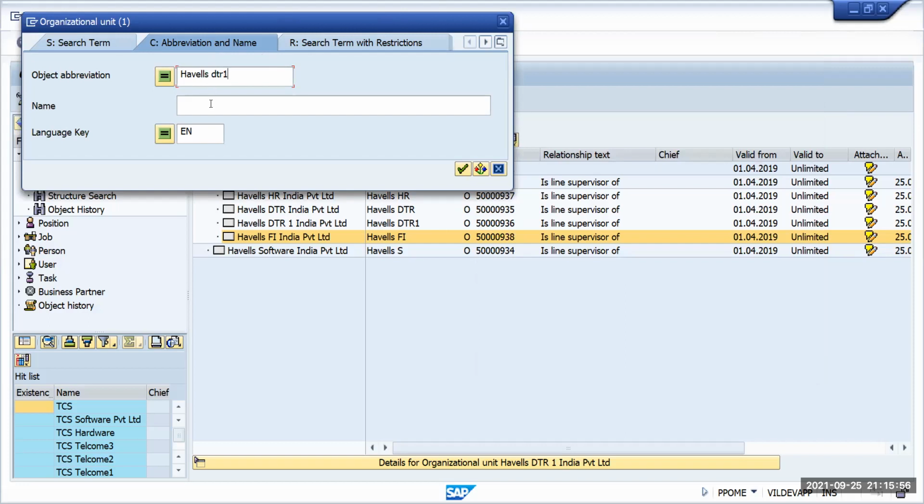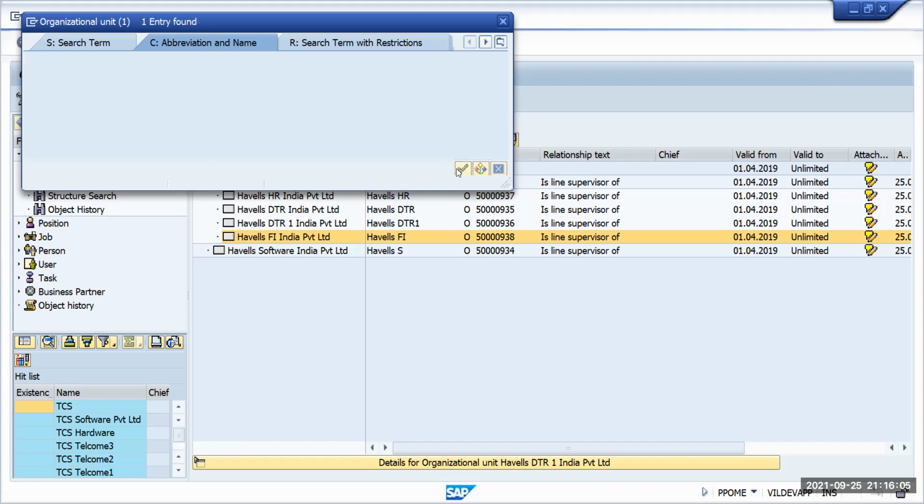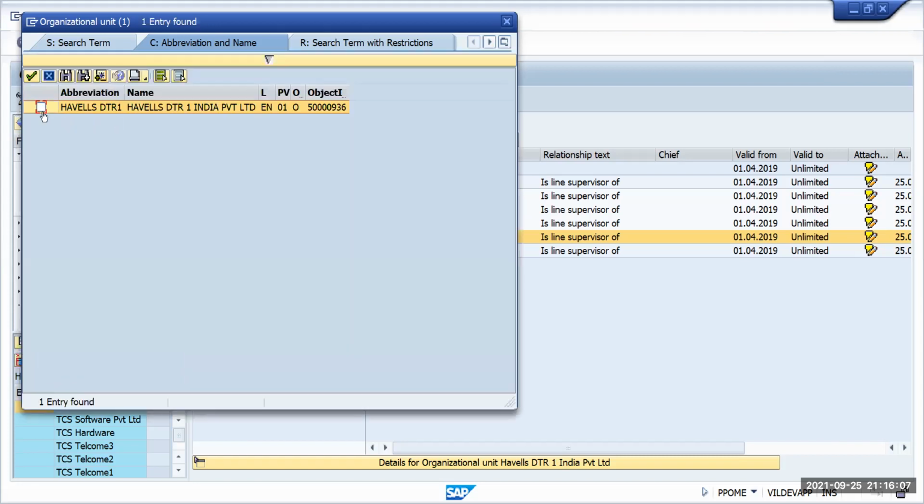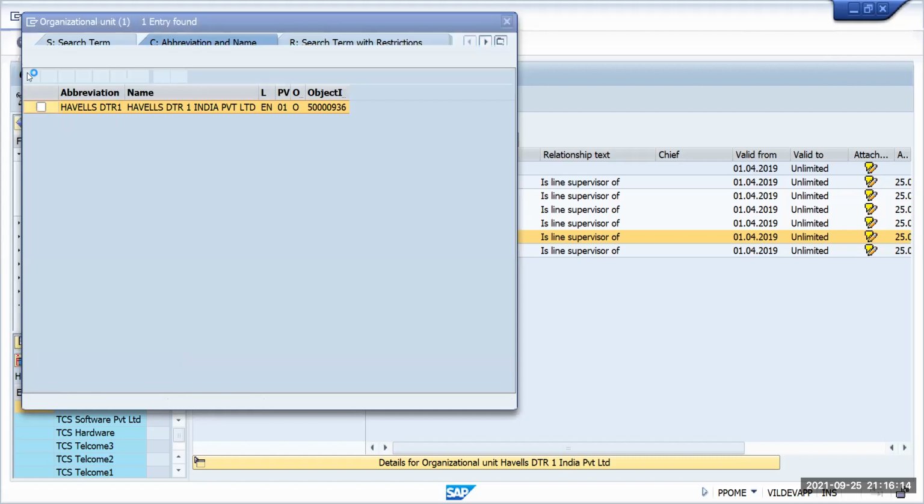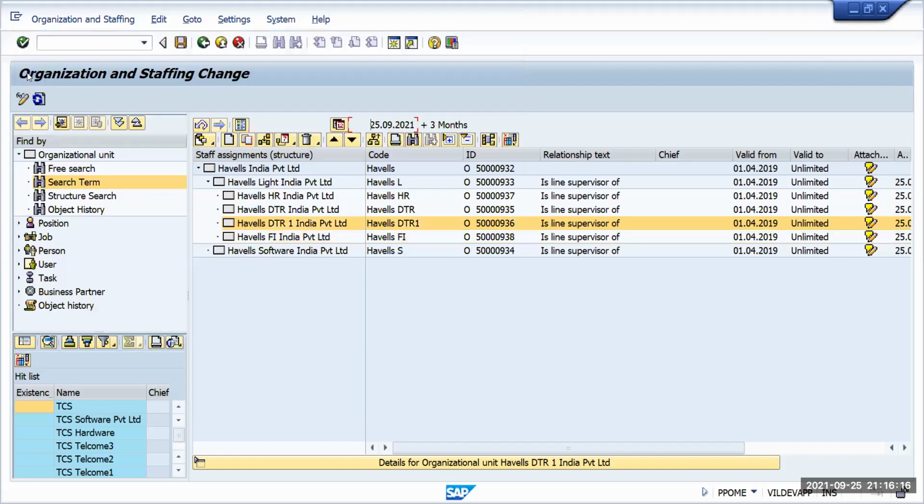So system will automatically, my cursor automatically reaches there. Make a search, start. So here it comes, select, and again continue. You can see the system, my cursor will automatically reach there.